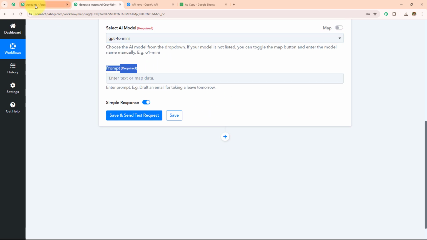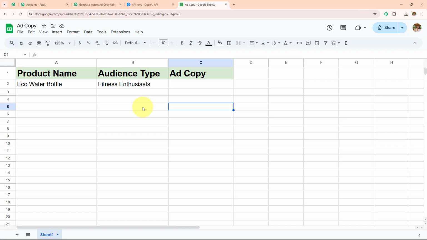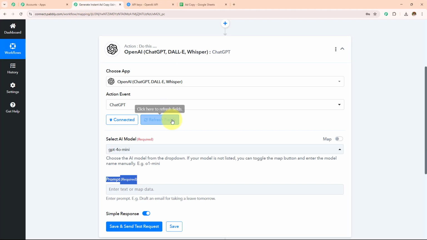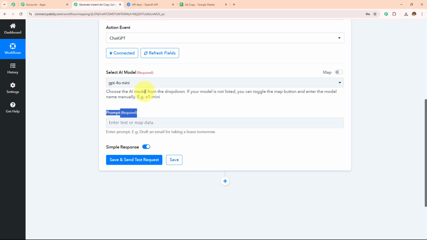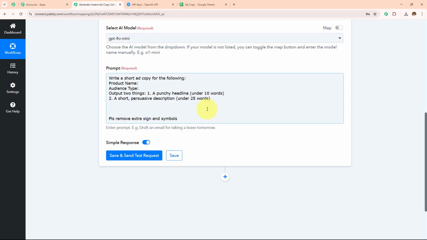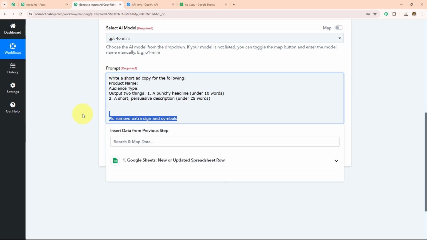So I am going to enter the prompt in a way that I have added the product name and audience type in my Google Sheets spreadsheet, and I want to generate the ad copy with the help of this AI agent. So here I have entered, write a short ad copy for the following. Product name, audience type, output for 2 things. A punchy headline, 10 words, a short persuasive description, 25 words, and then I have added, please remove extra signs